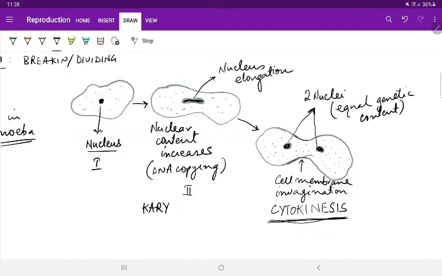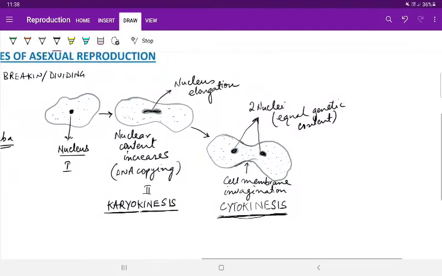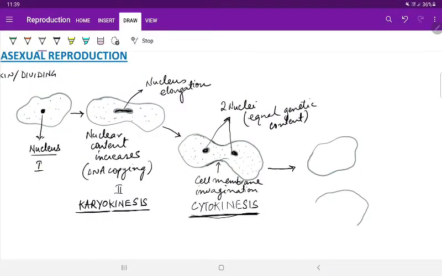Nuclear division is called as karyokinesis. Karyon means nucleus, kinesis means division. इसी तरह से cyton means cell and kinesis means division. So karyokinesis पहले होता है, उसके बाद होता है cytokinesis, and in that manner you will find two new cells will form. और दोनों अमीबा सेल्स जो हैं ऑलमोस्ट सिमिलर होंगे, बिकॉज यहाँ पर किसी भी तरह का वेरिएशन की